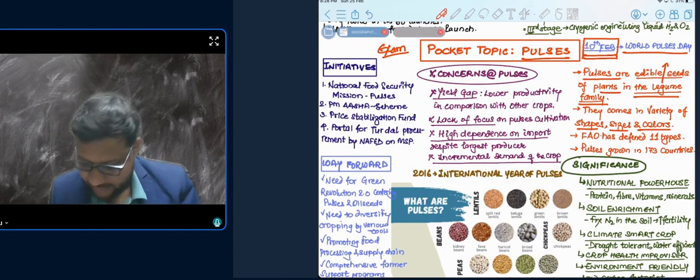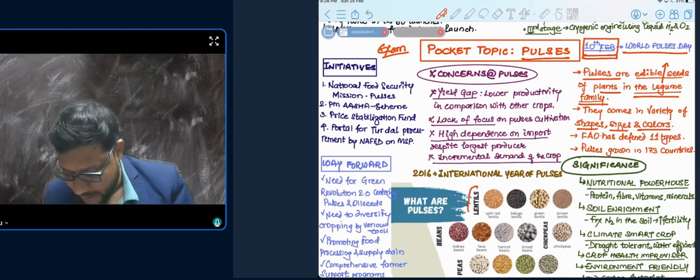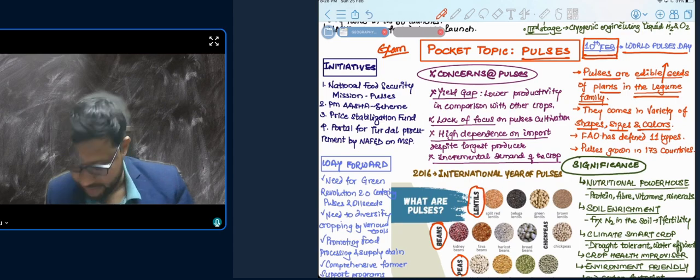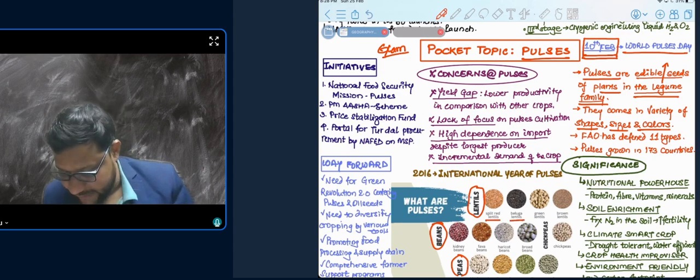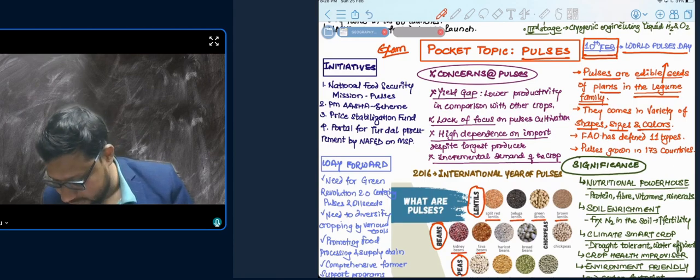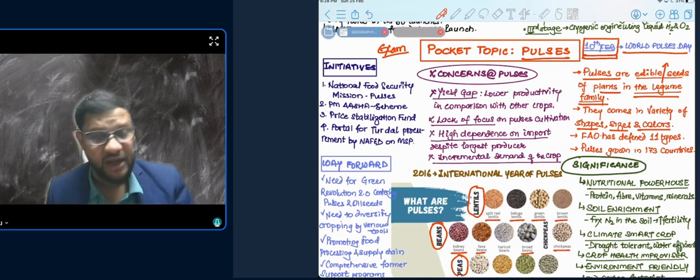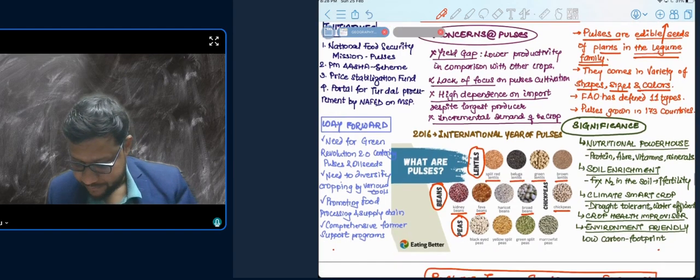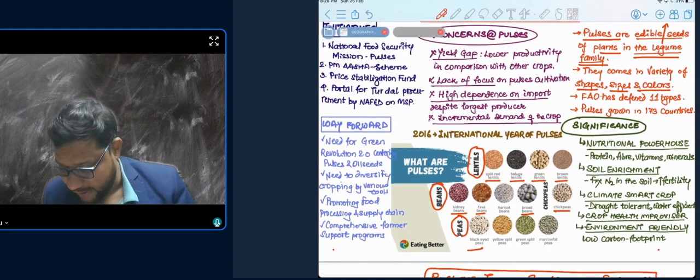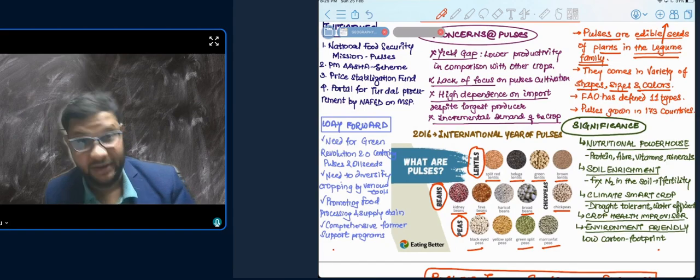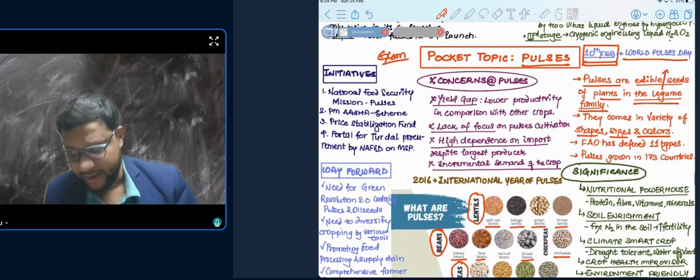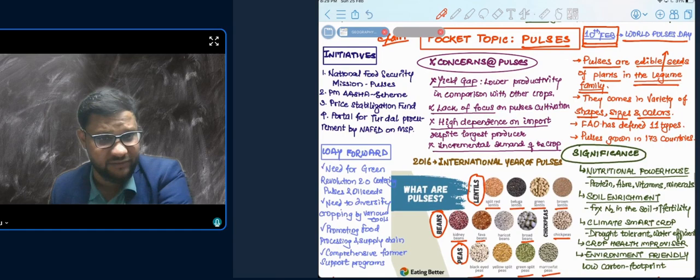You have seen them also. Even you will find, look here, different types of pulses are given: lentils, beans, peas, right? You'll find each of them are of very different varieties and types as well. Like split red lentils, then you have beluga, then green lentils, then brown lentils, right? Then kidney beans, then fava beans, then broad beans, chickpeas, that is our day to day consumption. Then further you'll find black eyed peas, then green split peas and the marrowfat peas, right? Peas. Okay, so these are all pulses in themselves. There are different varieties of pulses you will find in the market as well.